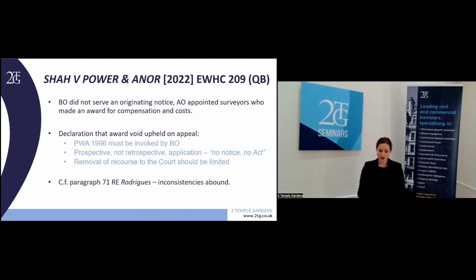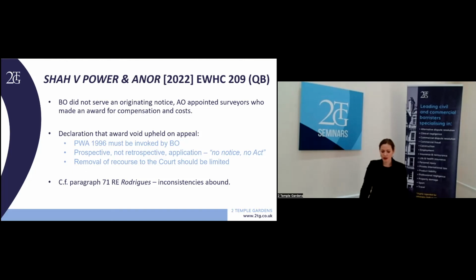Of particular interest are these three. First, the Court found that the fact that the Party Walls Act could have been invoked in any given situation couldn't justify the Court in treating the case as if it had been invoked. In other words, the Court took the same approach that we have done today in drawing a distinction between facts which make the Party Walls Act prima facie applicable and those which trigger its application in reality.